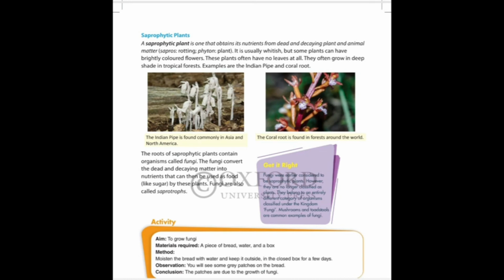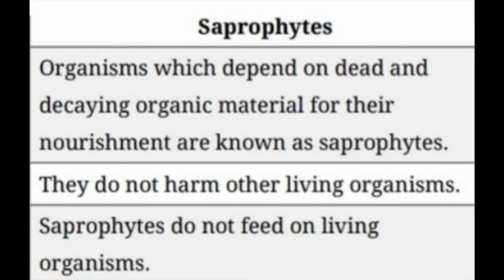You remember? This fungi is present in the roots of these saprophytic plants, and this fungi helps the nutrients from the dead and decaying matter to be absorbed by the saprophytic plant, and thus the fungi are called saprotrophs. Note it down children, the fungi are called saprotrophs. Examples of saprophytic plants given in your book are Indian pipe and coral root. Now for a question like what are saprophytes, your answer should be like this. A 3-mark question, and you can even add examples, 2 examples as the last point.